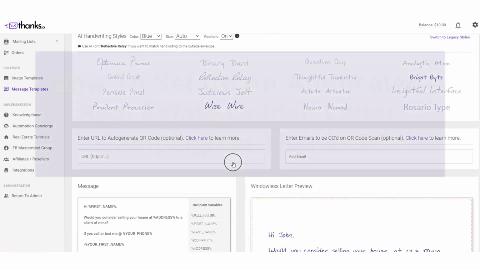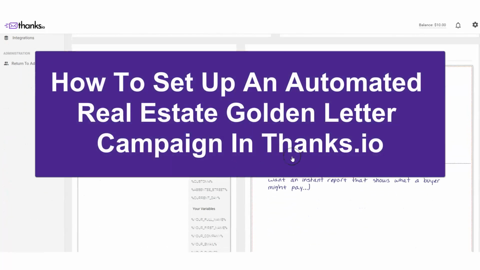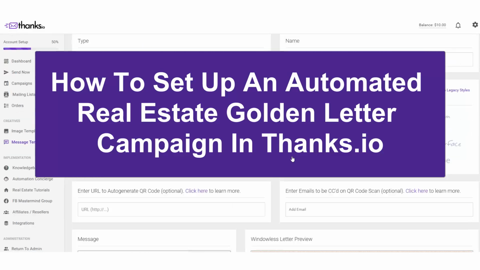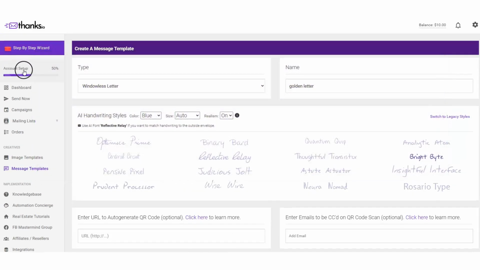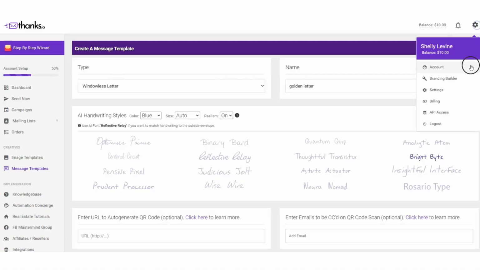In this video, we're going to put a golden letter campaign on complete autopilot that generates you listings for a specific farm area. Important first step is to make sure that you've done the account setup here at the top left and that you've set your branding. If you want to ever change your branding, you can access that from the branding builder at the top right